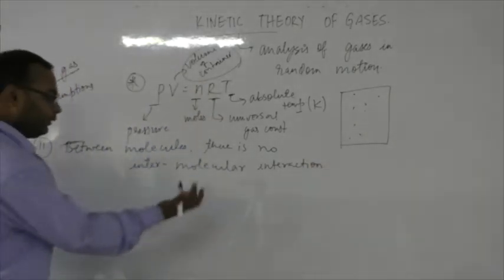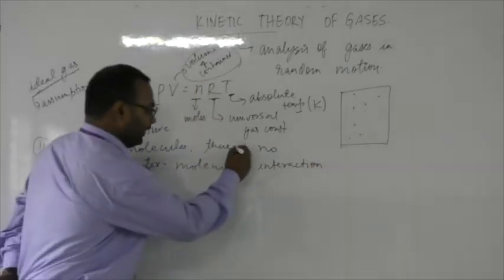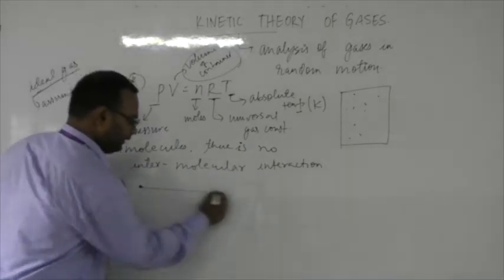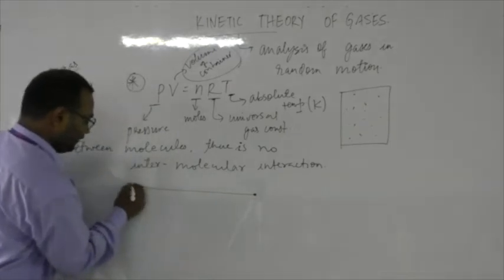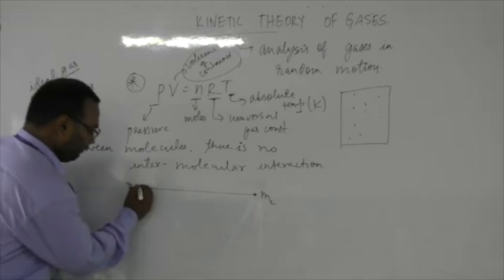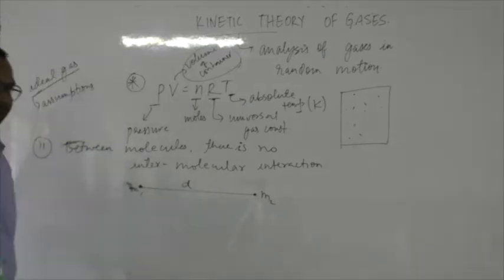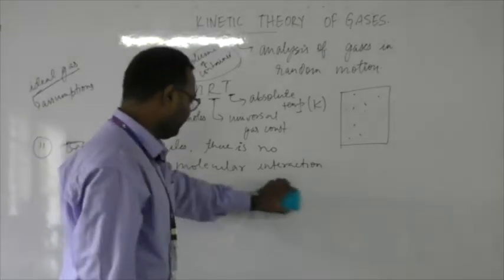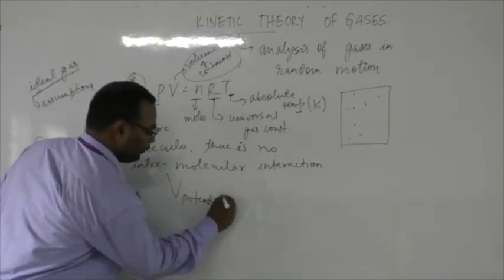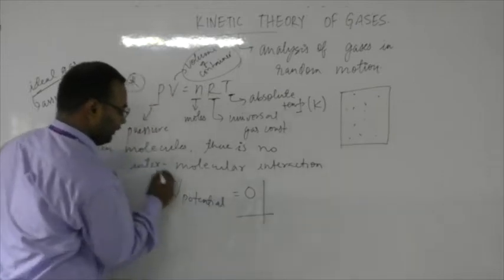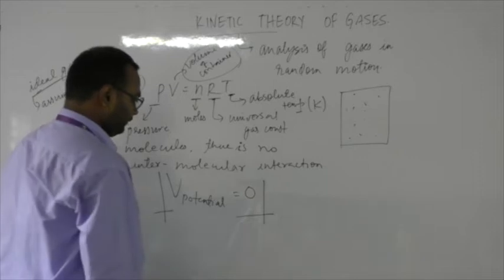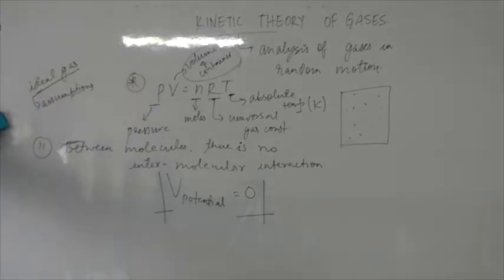That means there is no interaction, no attraction, nothing, and they are in very large separation. Say here, the distance between two molecules is very large. Say M1 and M2 are gas molecules. So compared to their size, this distance is very large. So there is no intermolecular interaction, and that is why we defined potential for the ideal gas as 0. So potential is 0. Okay. Now,